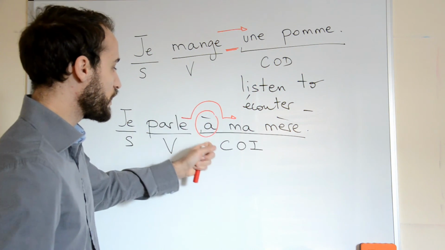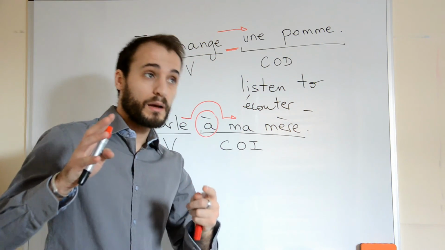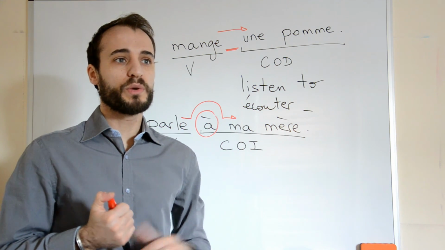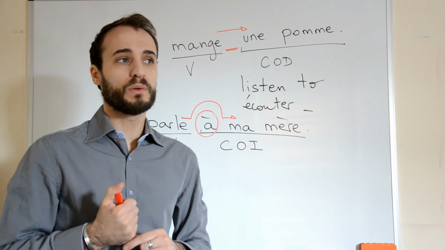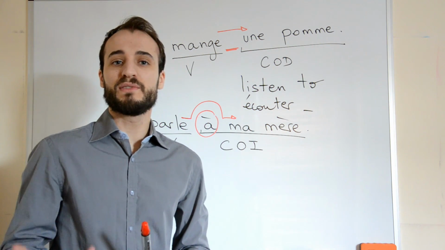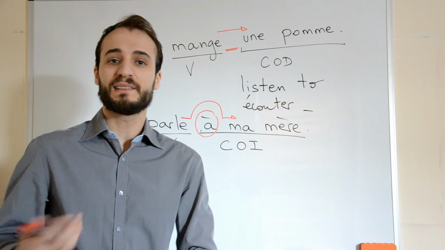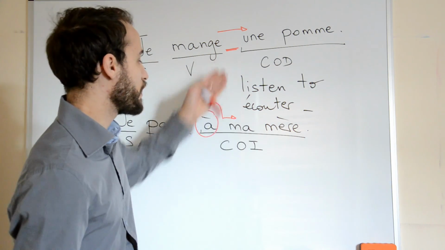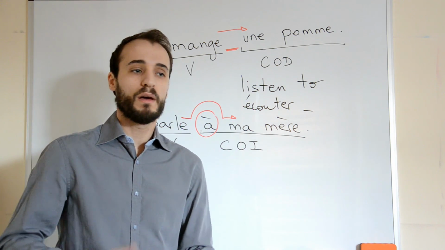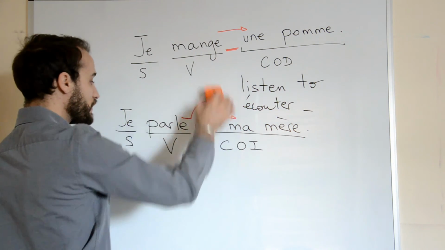So do you understand the difference between an indirect verb and a direct verb? In real grammar, I would say it's slightly more complicated because we are in fact talking about what we call transitivity, direct or indirect transitivity. So some verbs are intransitive, other verbs are transitive, direct, indirect. For now, I'm just saying direct and indirect verbs, and I think that's fine. We don't need to go too deep into the grammar for no reason, I would say. So once you understand the idea of indirect and direct,